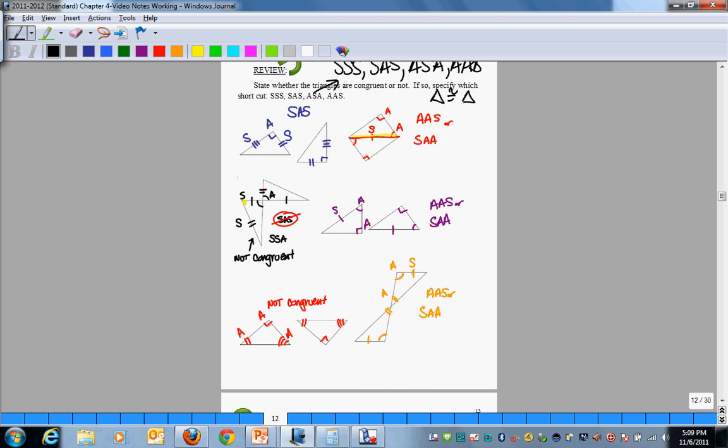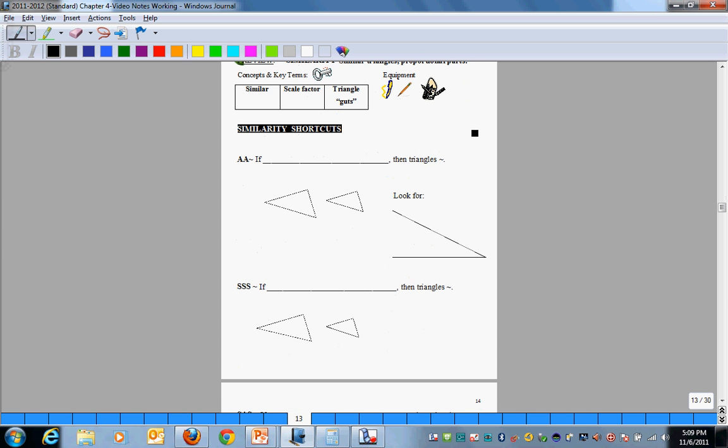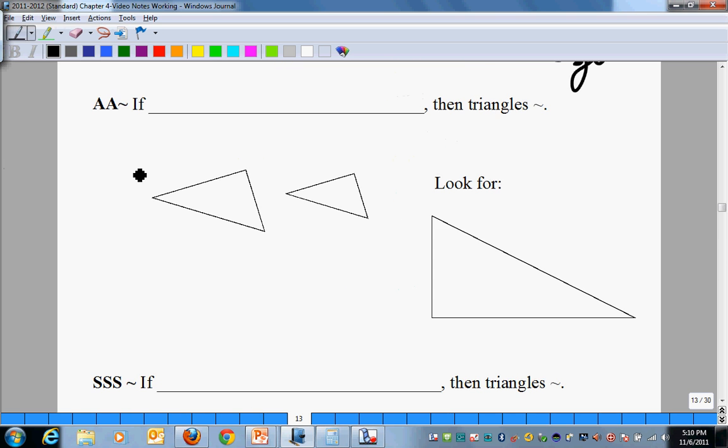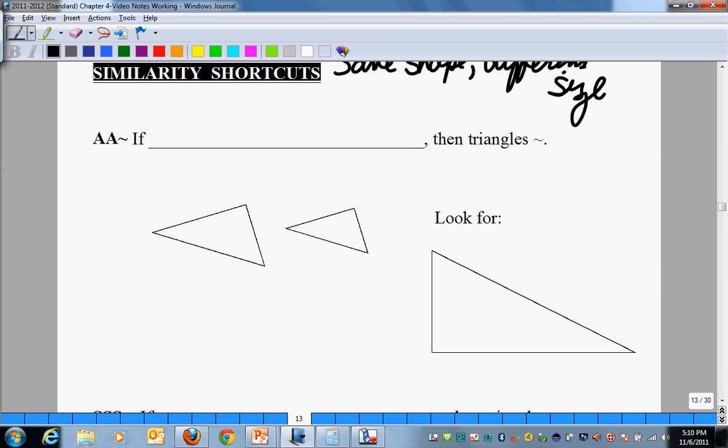Just like there's shortcuts for congruency, there's shortcuts for what's called similarity. Remember, the definition of similarity is things that have the same shape but different size. And in this case, there are 3 shortcuts to similarity. The first shortcut is if you have 2 congruent